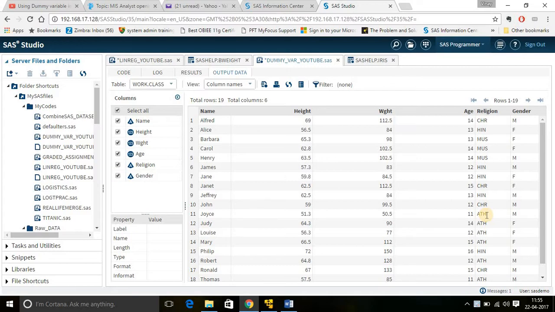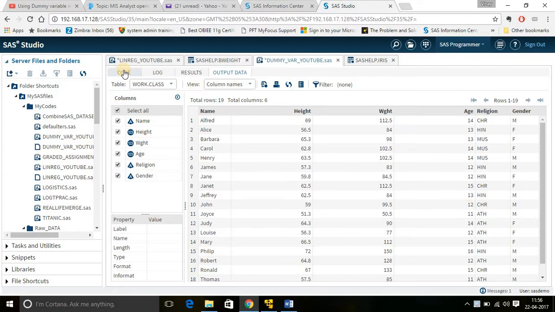So in order to avoid that, we create separate dummy variables for each category. For Christian we'll create one, for Hindu we'll create one, for Muslim we'll create one, and for atheist we'll create one. If he is a Christian, 1, if not, 0. Again in the second variable, Hindu dummy, if he is a Hindu, 1, if not, 0. Now Muslim dummy, if he is a Muslim, yes, 1, no, 0, like that. What I mean by that will be very clear when we talk about all this and then practice it in SAS during coding.